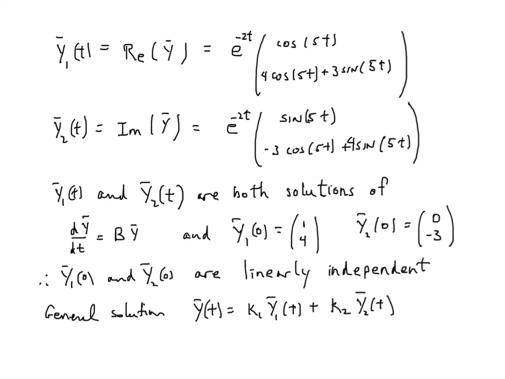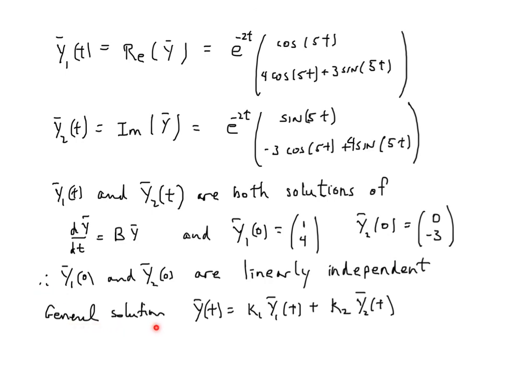We also observe that at time 0, y1 is a 1 and a 4, since sine of 0 is 0. And y2 at time 0 is a 0 and a minus 3, and the sine of 0 is 0. These two are linearly independent, and so we have two solutions of a linear system whose initial values are linearly independent, and therefore